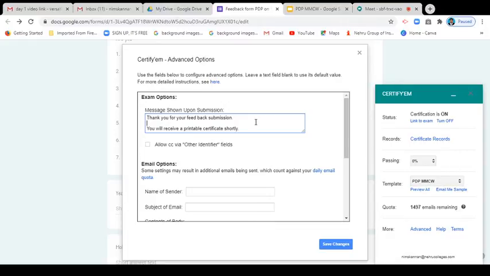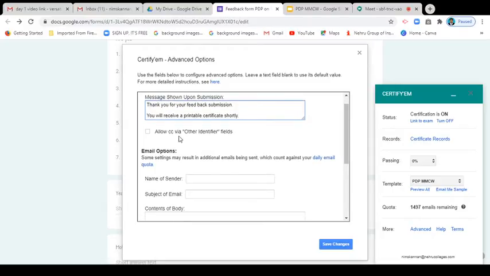So here the message is: thank you for your feedback submission and you will receive a printable certificate shortly. But this I edited. Previously, it mentioned that if you pass the exam, you will get the printable certificate, but for the participation event, I have to correct it.